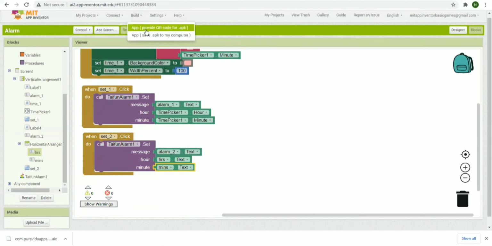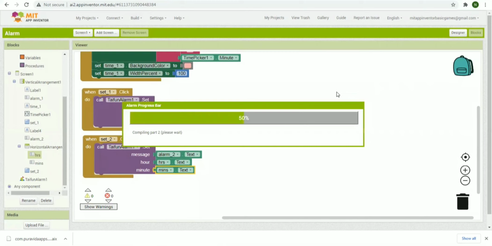Now we will be building. So after compiling, it will provide you a QR code which you have to scan with the AI2 companion, whose link I'll provide in the description. So after scanning, the app actually starts to download on your device, the phone, tab or anything. And if you're using an emulator, so actually you have to write the code over there. And if suppose you want to view the real-time preview, like when you're coding the app, anything which is complicated, you can very well use the connect option, the AI companion, or the emulator, or the USB. So after scanning the QR code, the app will start downloading on your device, and then after that you can